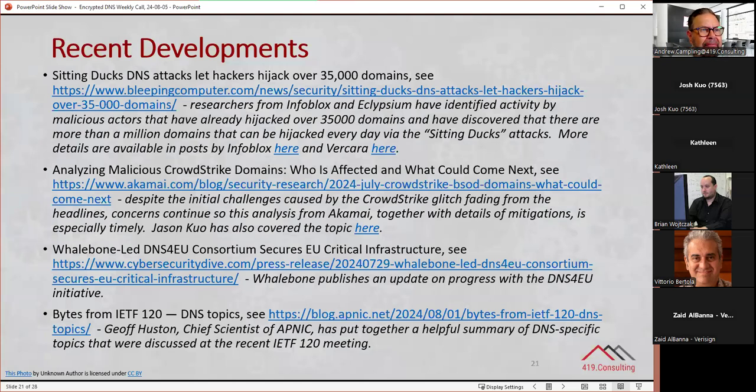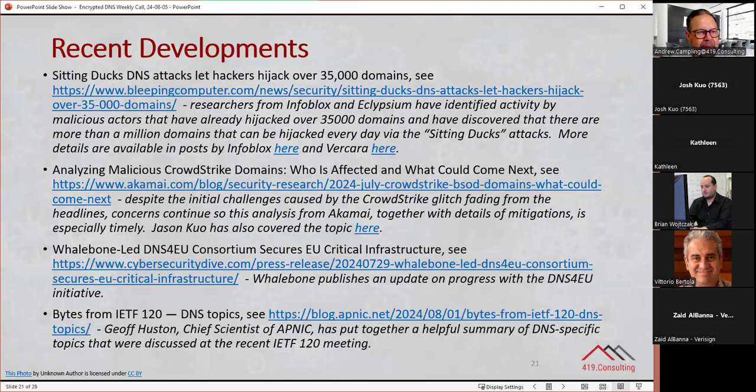The thing that stood out, there was quite a lot of mention of the so-called sitting ducks DNS attack, based on research from Infoblox and Eclypsium. Lovely name, I hadn't come across Eclypsium previously.